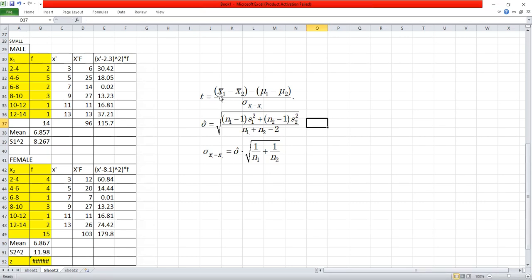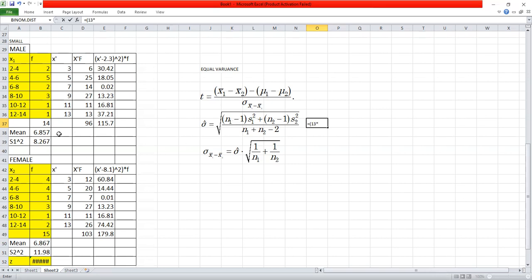So this figure is the first one you calculate if you are assuming equal variances, and that one you always check, you always note: equality of variances. That is, in this test, the variances for male and females are assumed to be equal. So this figure here is equal to, I'll just do it for you here. n1 minus 1, 14 minus 1, 13, times